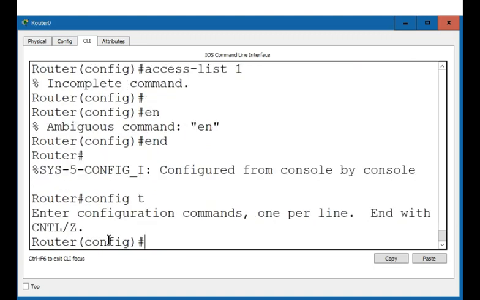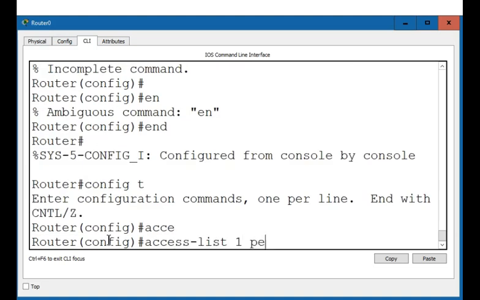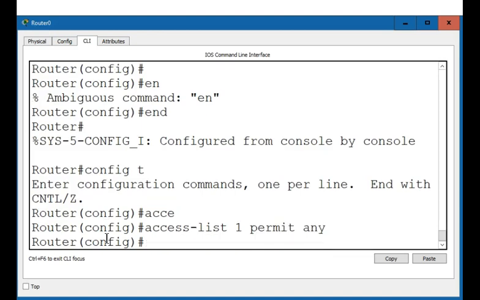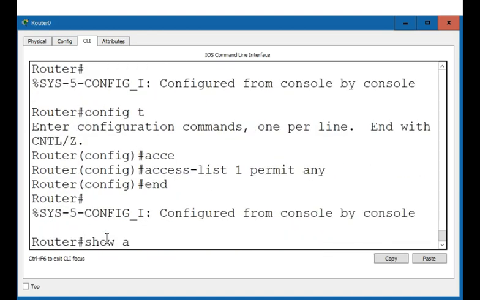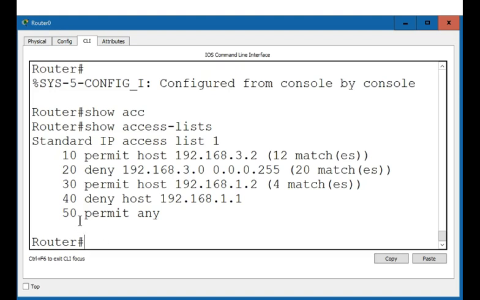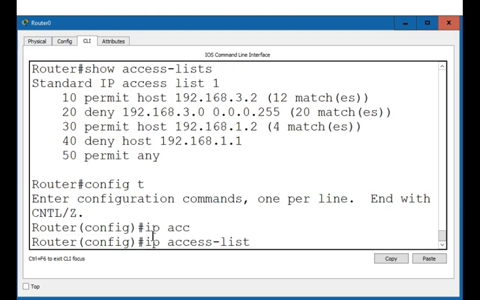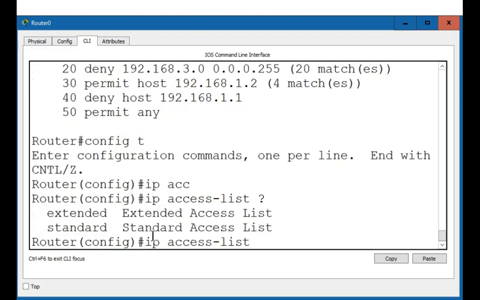Config T, and we do access-list permit any, and that will then allow anything that's not denied above it to go through that interface on the outbound interface. The next thing that we said we would do, ip access-list, and then we have to specify standard